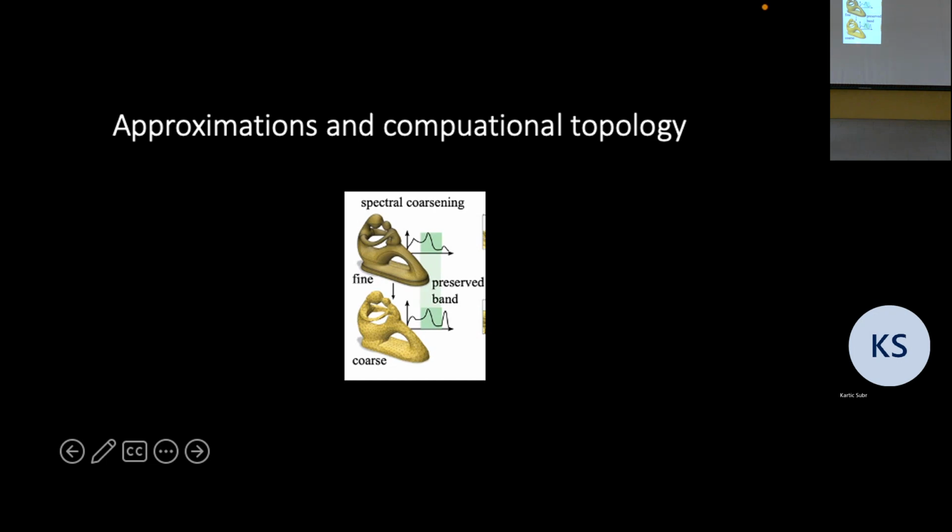Now, obviously, when you want to do that, it's not obvious what points to throw away in your original mesh. There's a long history of approximate methods for domain simplification and so on, but none of them really accounts for topology. And one important part of this, so if you think of, everybody knows the Fourier transform.